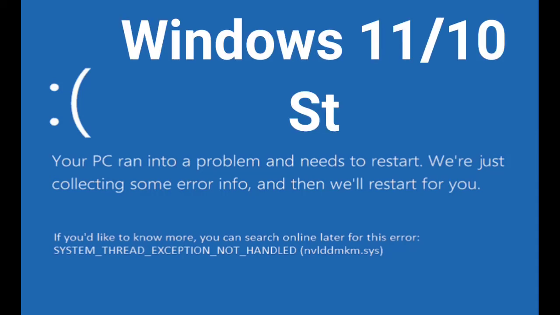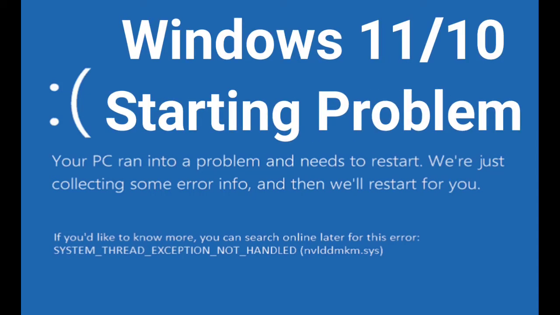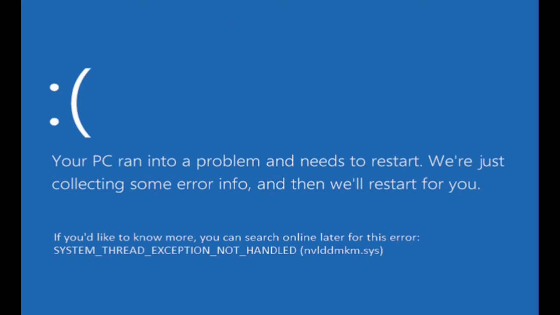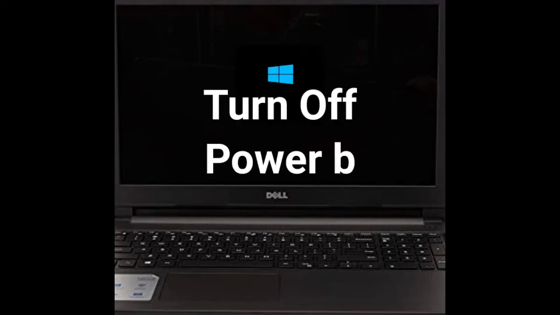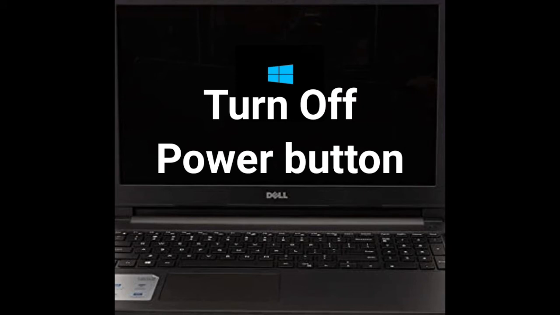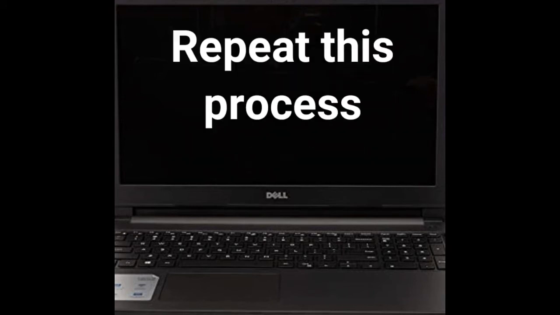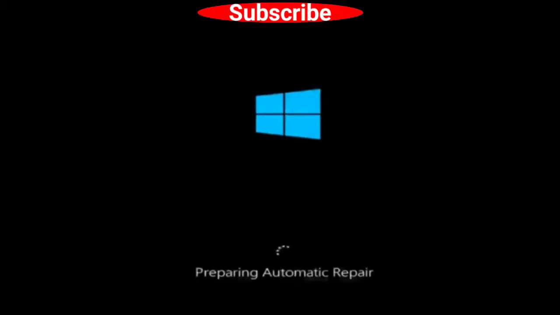Hello guys, how to fix the Windows 11 and Windows 10 starting problem, where a blue screen appears in front of you with various types of error codes. To fix this issue, turn on the power button of your PC or laptop, and as soon as the Windows icon appears, turn off the power button. Repeat this process 3 times continuously to enter into automatic repair